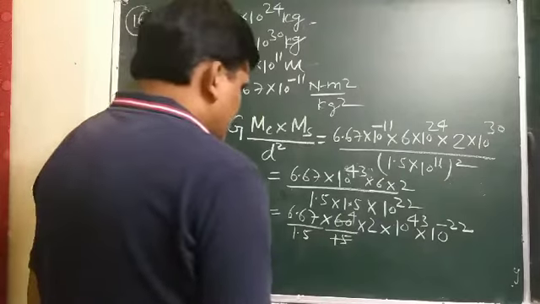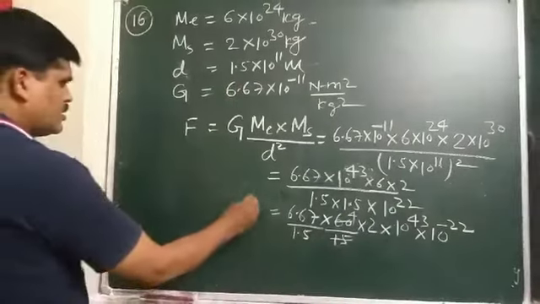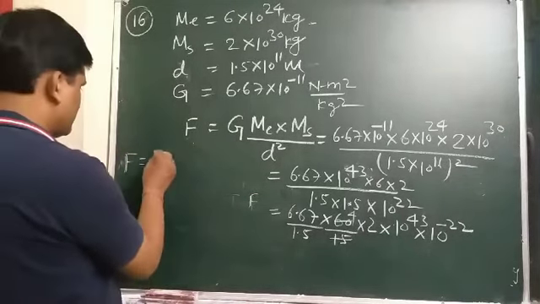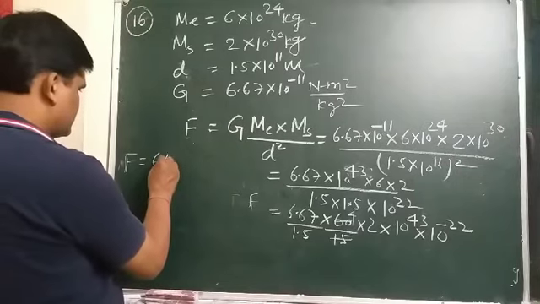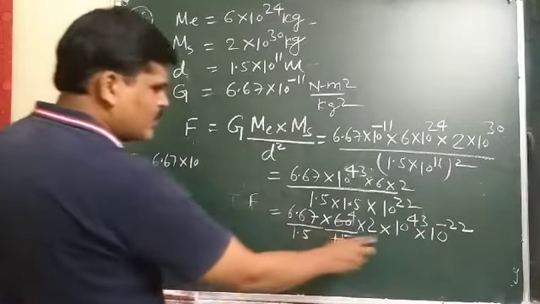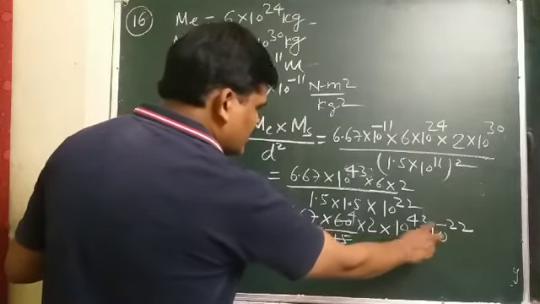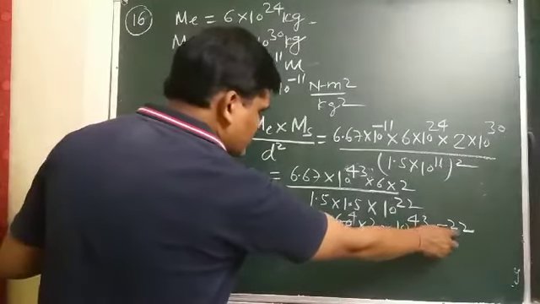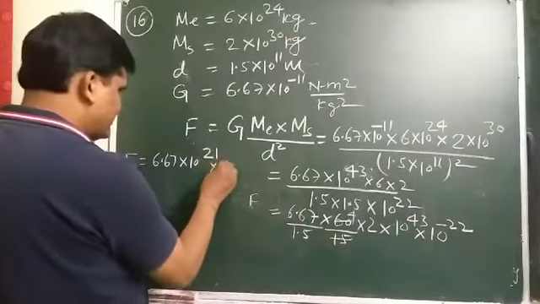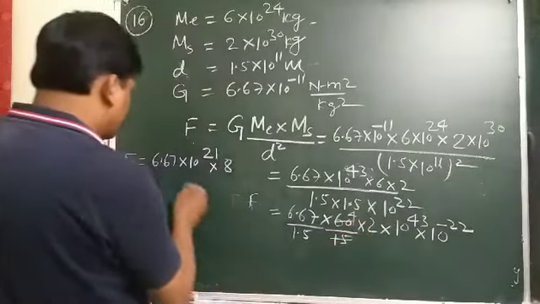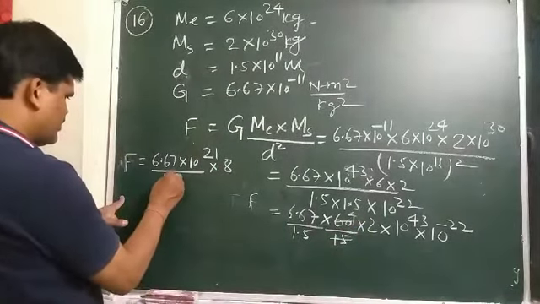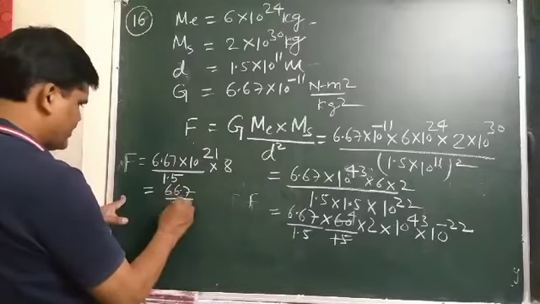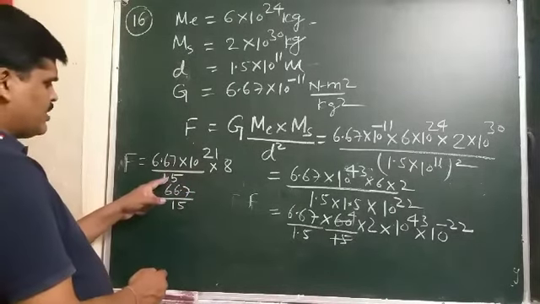And students, 15 4 ja, it comes out to 60. And this F comes out to be that. So F can be written as 6.67 10 to the power 3 to 1, that is what? 21. 43 minus 22, that is 21, and this will be what? 8. 4 into 2, and this is the denominator, that is what? 1.5. So students, it is written as 66.7 by 15 after removal of one decimal.